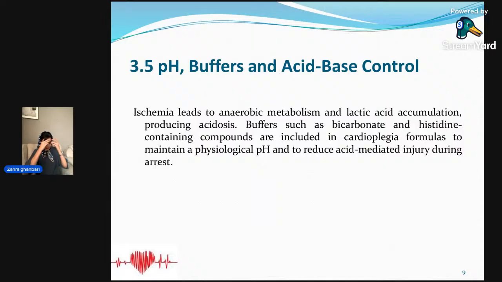Yes, pH regulation. When blood flow is interrupted, lactic acid and metabolic products accumulate and make the environment acidic. This acidosis can damage the cell. To prevent this, we add some drug or buffer like bicarbonate to our cardioplegia solution, and maintain pH around 7.8 to 8. Our cells,